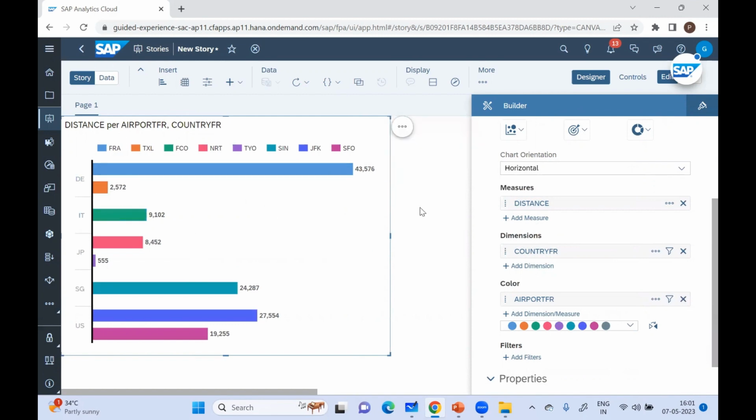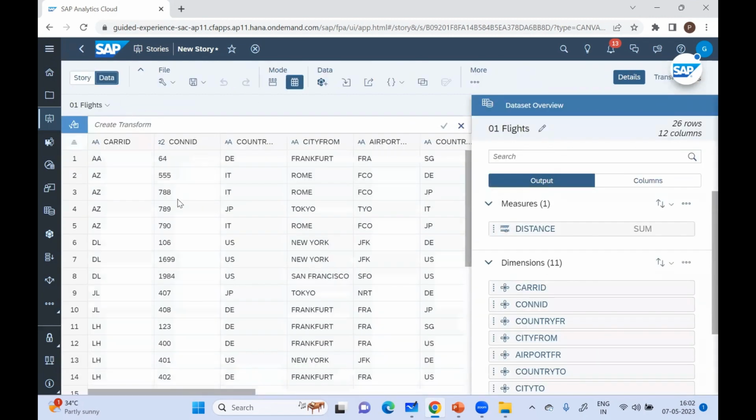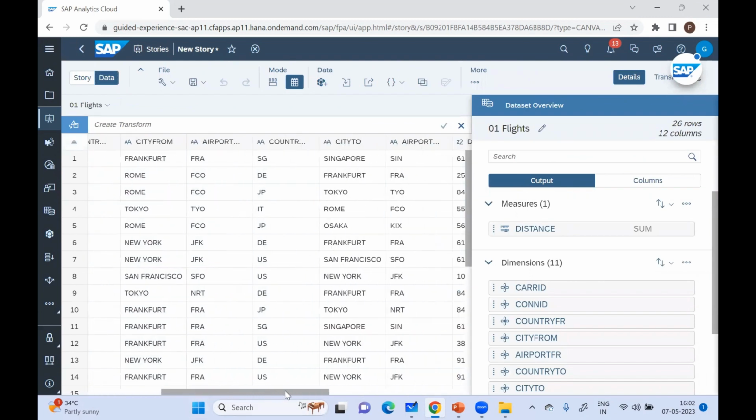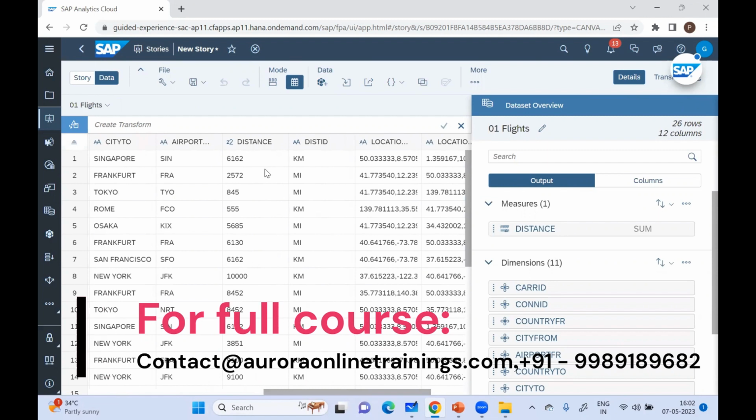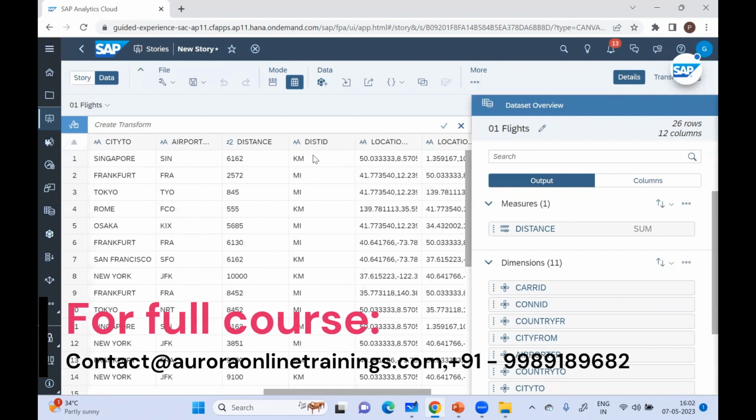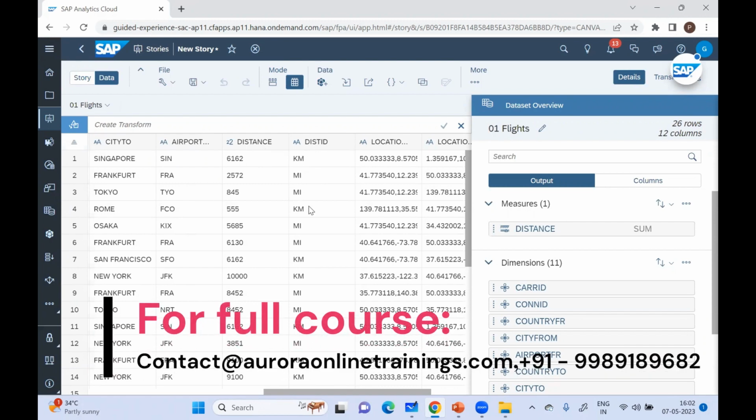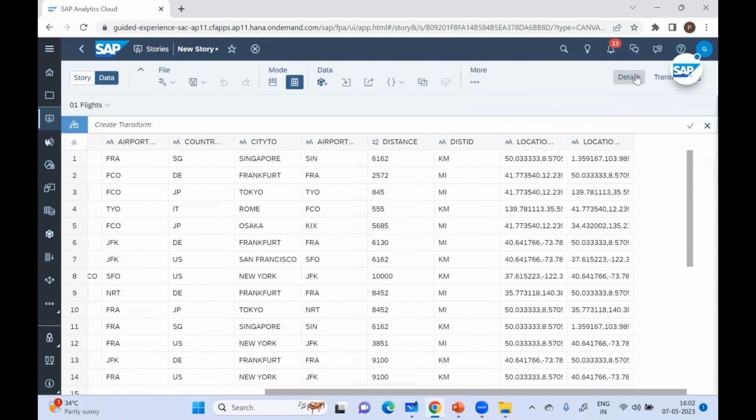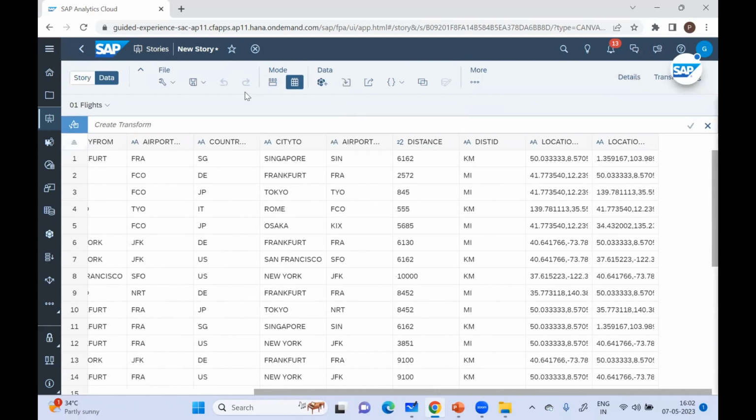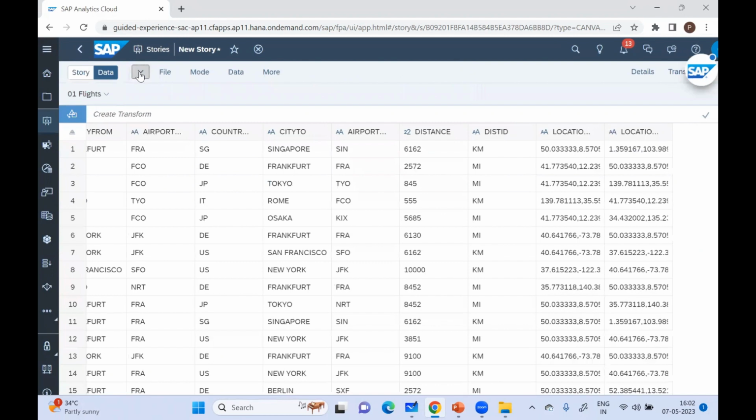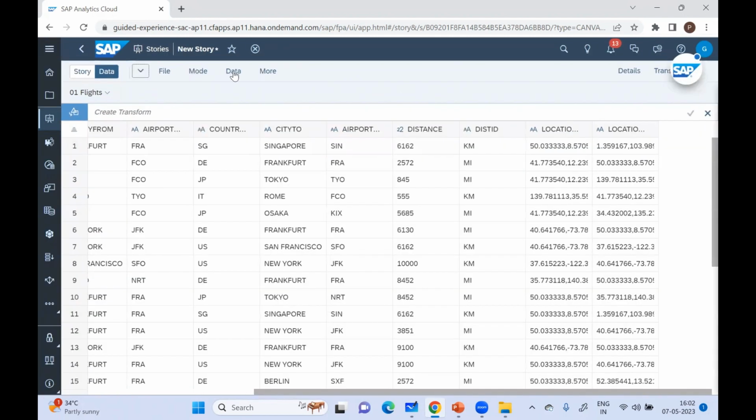If we go to the data mode again, look at my distance column. We are seeing the aggregated value of the distance, but not all distances are in the same units. Some are in kilometers and some are in miles. If you want to have everything in a single unit, kilometers or miles, there is an option they have given where you can maintain some kind of calculation. Go to more,